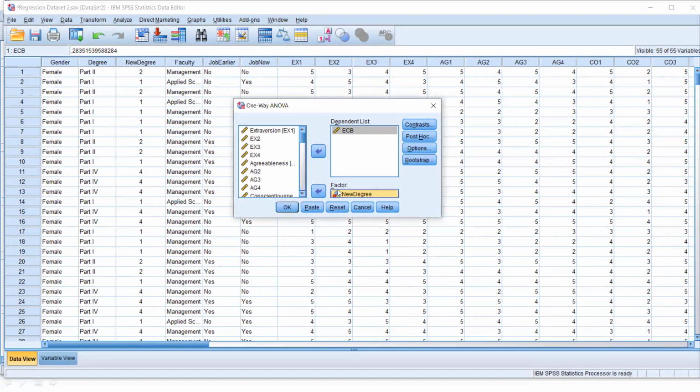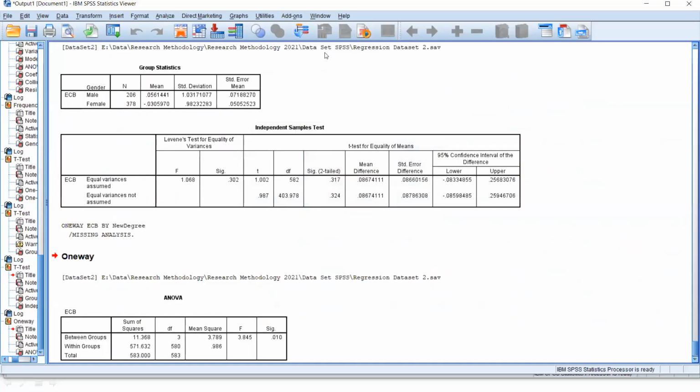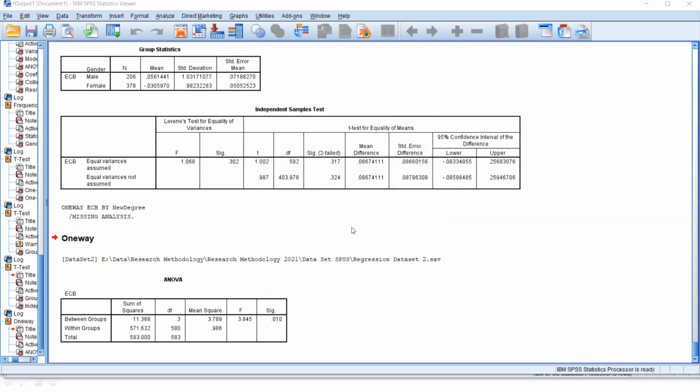And then I select the factor. You don't need to change anything, right? Make I rename karana na, just click OK. All right. Let's go to the result. Now you can see what you can see. What you can see, the sig value. Now is the sig value greater than 0.05 or less than 0.05? Now it is less than 0.05. What does that mean? Now the sig value is less than 0.05.